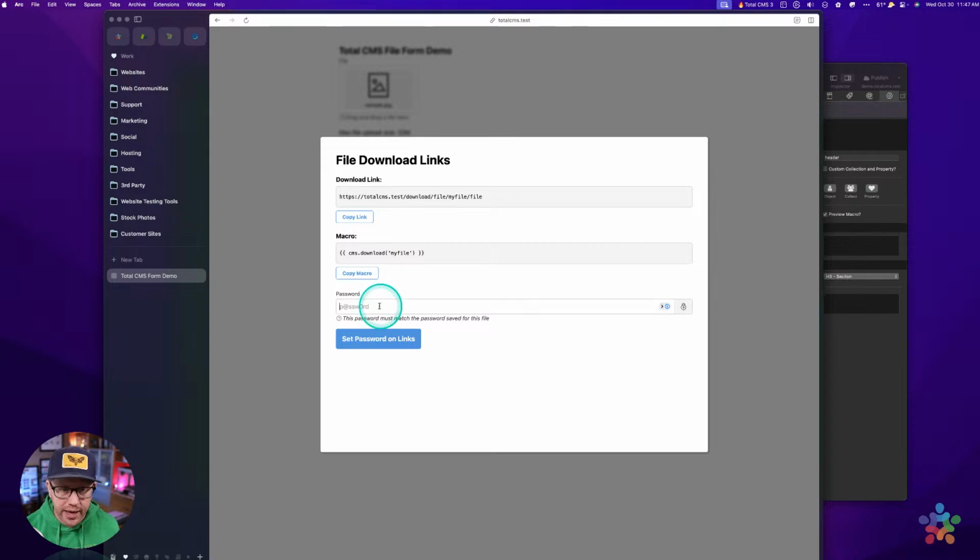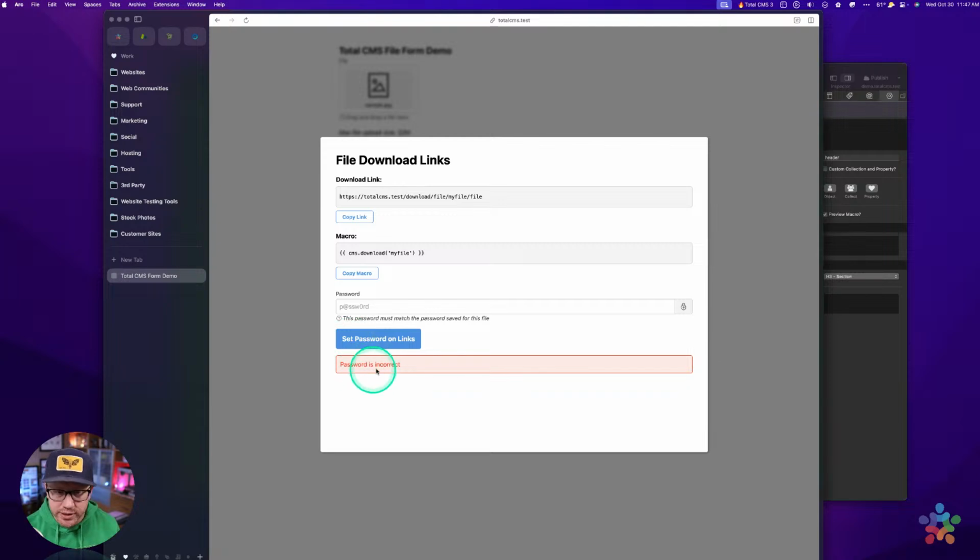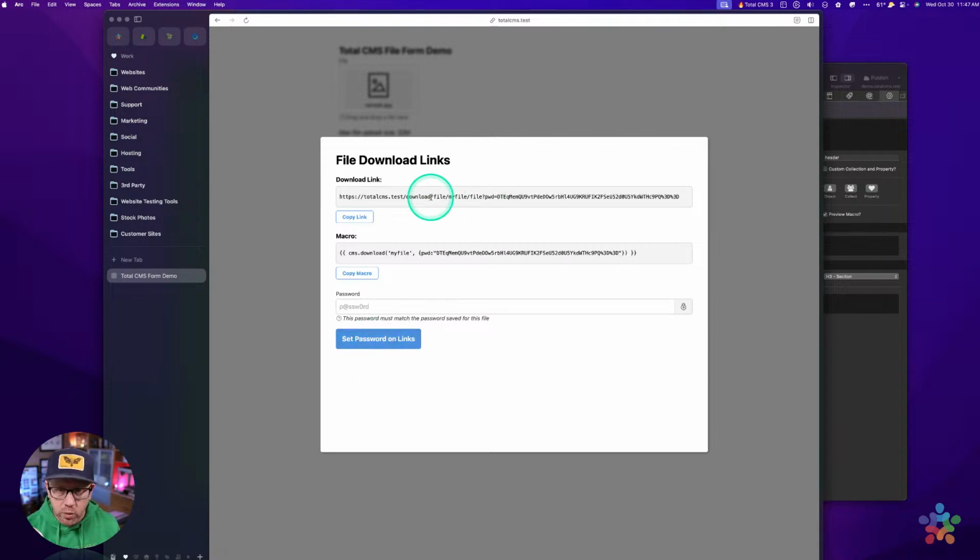But if I go ahead and type in my password, and I'm going to show you, I'm going to type in the wrong password here, right? So I typed in the wrong password, hit enter. And what it did is it said, hey, that password isn't correct. Okay, so you have to type in the correct password. And then, what you'll notice is now, once I do that, it has added passwords to both the link